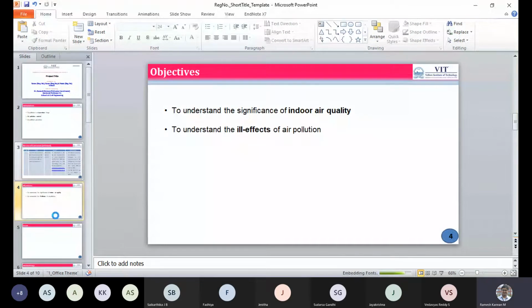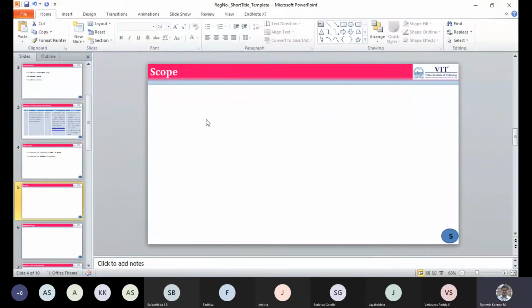And then the next one will be the scope, like which country's data you have taken. Generally we will be taking only the Indian scenario, but if you are interested in taking other countries' data also, that is fairly good. So you can define the scope. People who consider other countries' data don't necessarily fetch more marks. It's not like that. It's all about how you present your data, right?